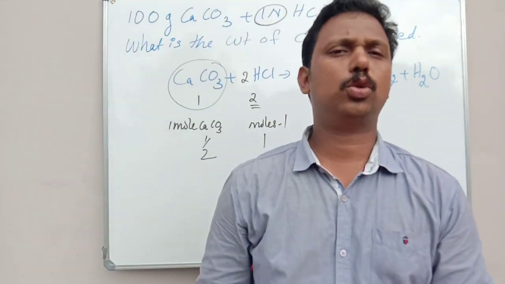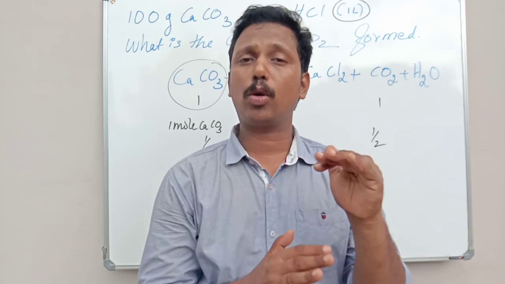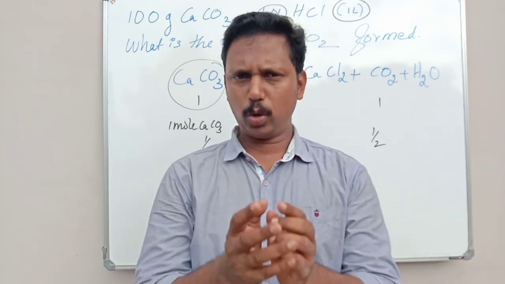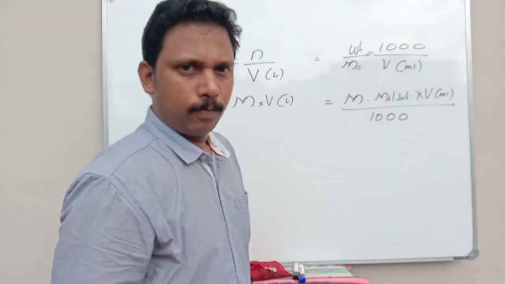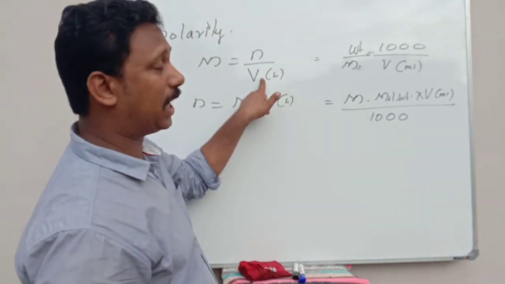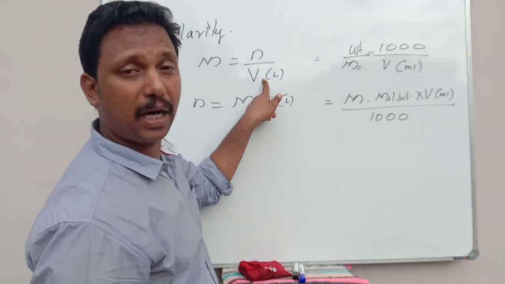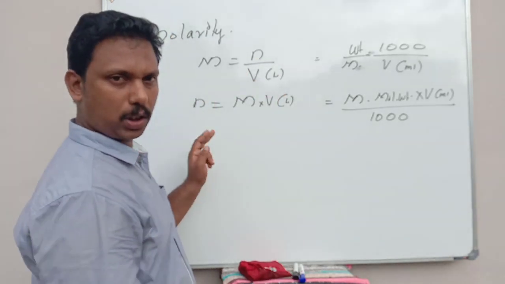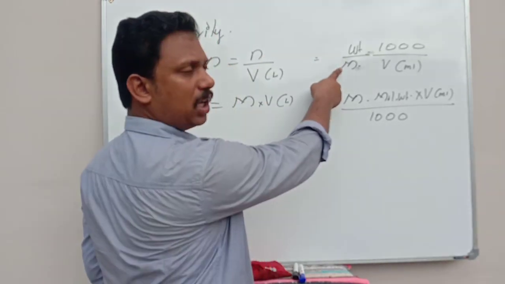In all these questions, you should understand that you have to find the weight or number of moles from the molarity or normality given. And you can use 2 equations for that. Here I will tell you those 2 equations. Molarity is the number of moles in 1 liter solution. So the equation is molarity is equal to number of moles of the solute by volume. So if you want to find out number of moles of the solute, the equation is molarity into volume. Here number of moles is weight by molecular weight.